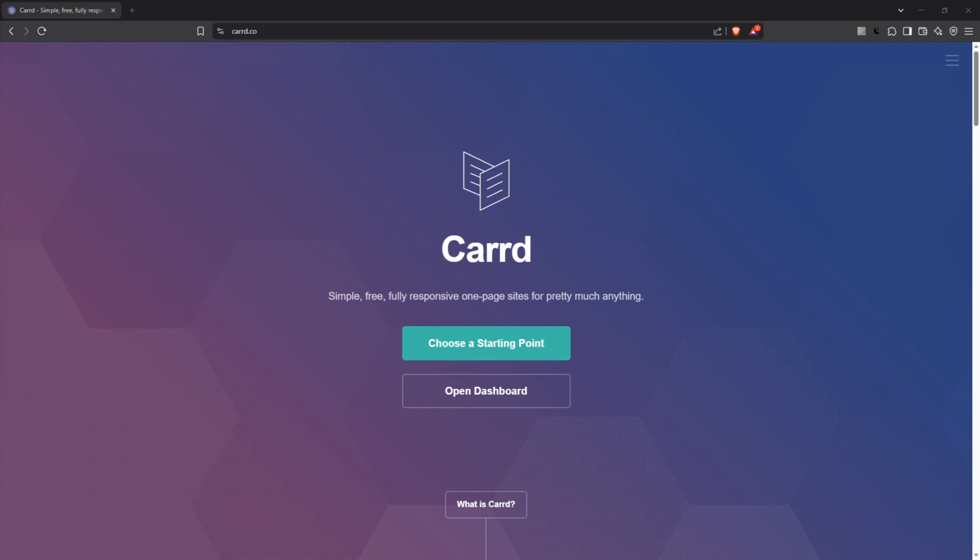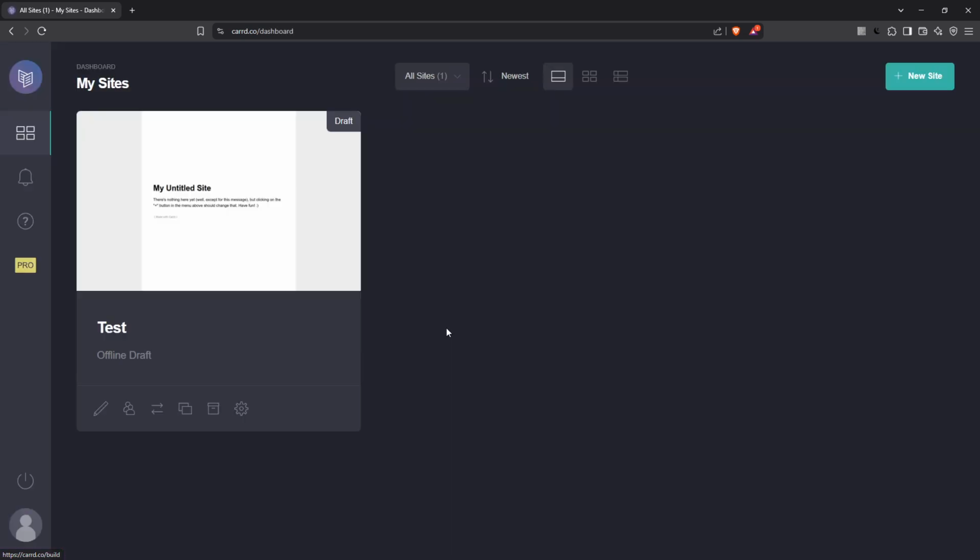First, you'll need to head over to card.so and open the specific site you want to edit. If you're not familiar with Card, it's a versatile platform that allows you to create single page websites with ease. Once you're logged in, you'll see your dashboard where all your sites are displayed. Select the one you're ready to work on and this will open up the card editor, which is straightforward and